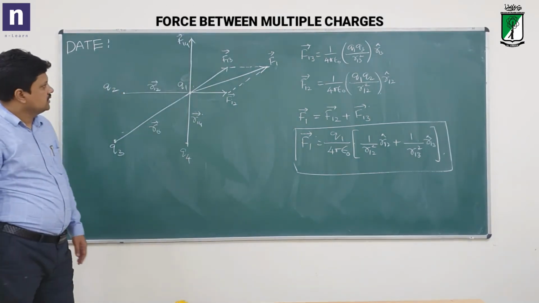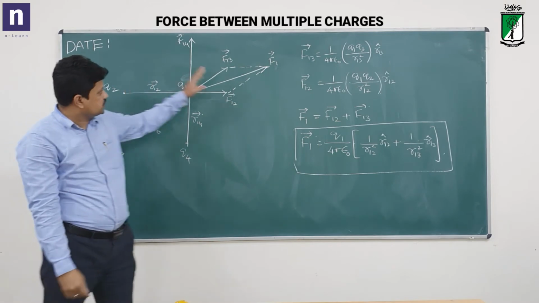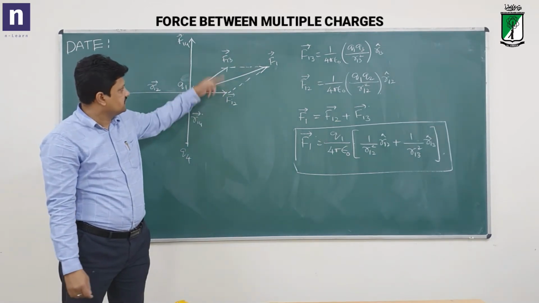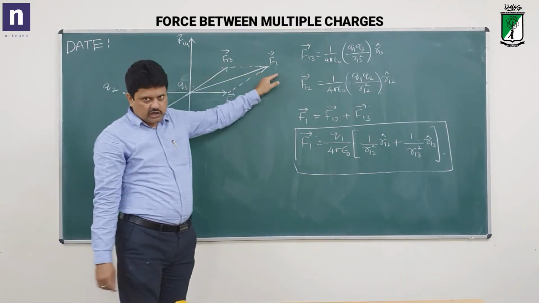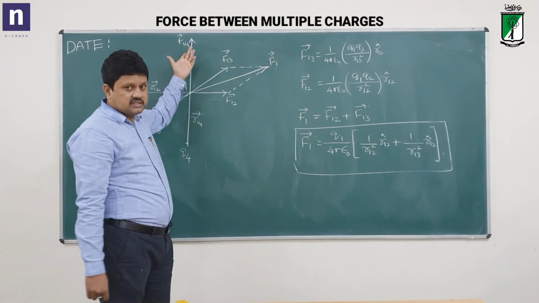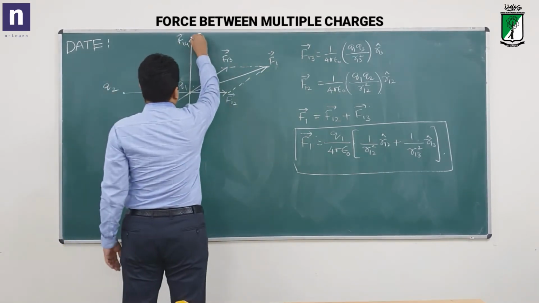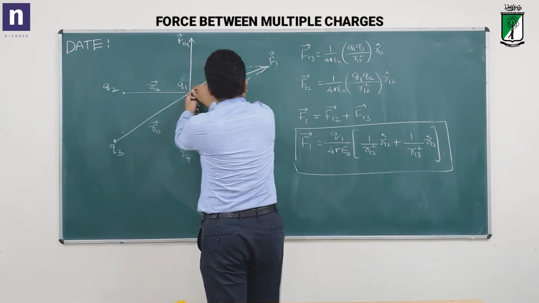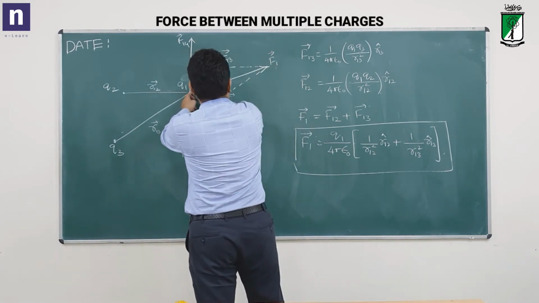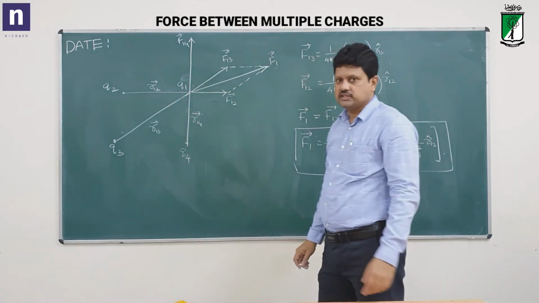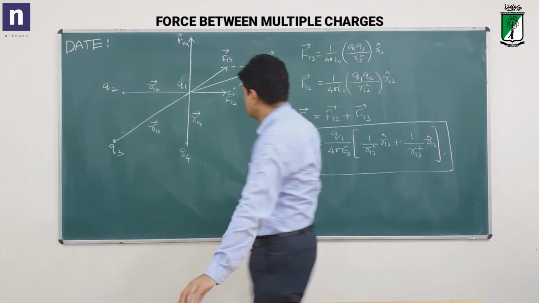F14, right? Now already these two charges exerted forces F12 and F13. The resultant you already got. With that you get the resultant of the third force. Simple. So this is one force now, this is another force. Get the resultant of these two. That becomes the net force on Q1.